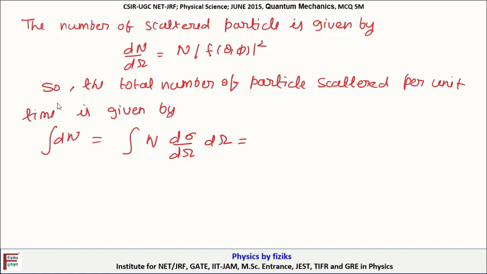That means n integral 0 to pi, 0 to 2 pi, a square plus b square cos square theta sin theta d theta d phi